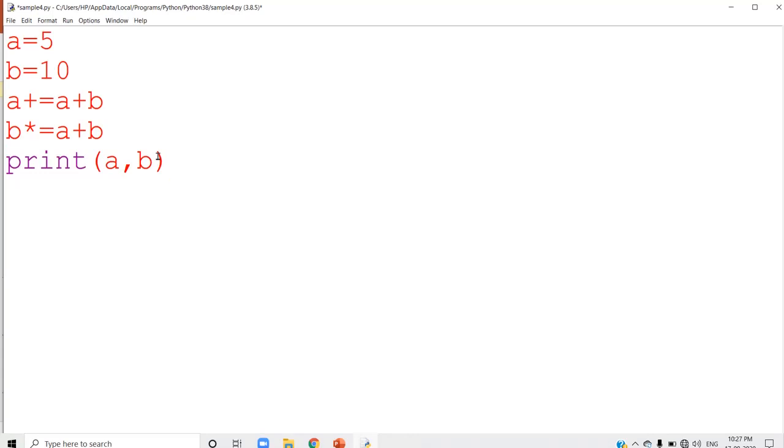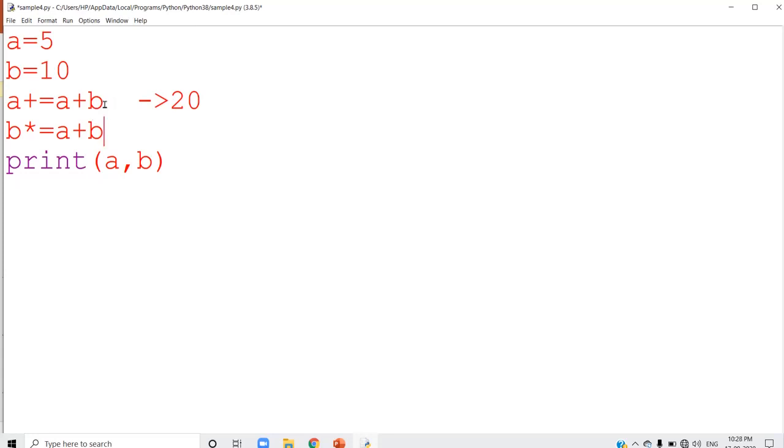So one more time, A is 5, B is 10. A equal to A plus B. A plus B means 10 plus 5, 15. 15 plus again 5, that is 20. So in the first case, after the execution of this sentence, we are expecting the value of A as 20. A is 20. And come to the next line. Again, B equal to B into A plus B. When you come across the next line, A becomes now 20. Now it will take the new value, not the old value. Because after the execution of the whole expression, it will take the new value.